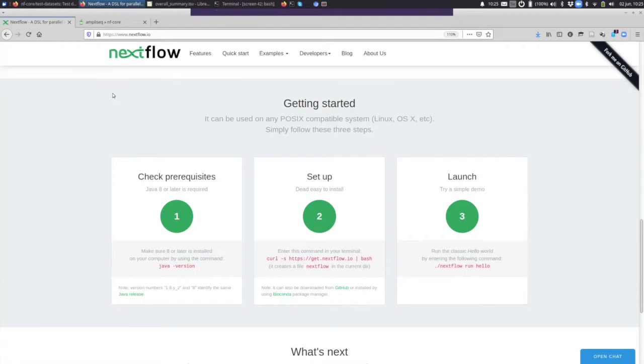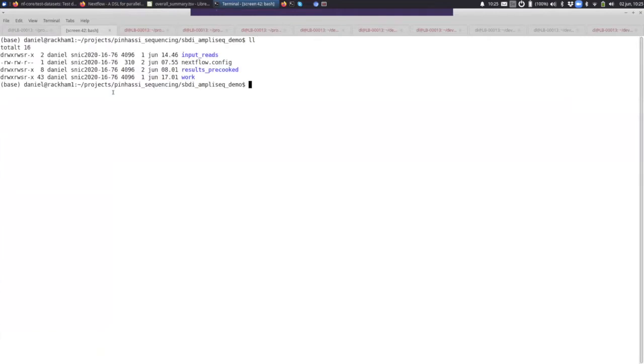So, two requirements: install Nextflow, install Docker or Singularity. Then we go to the command line here. So I should make this a little bit larger. I prepared a little demo directory here where I have